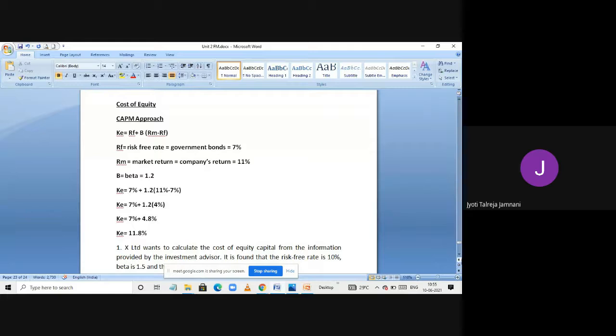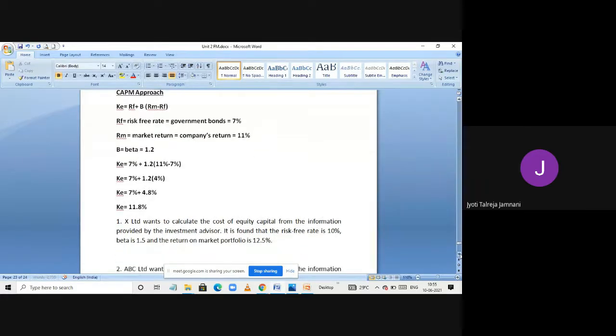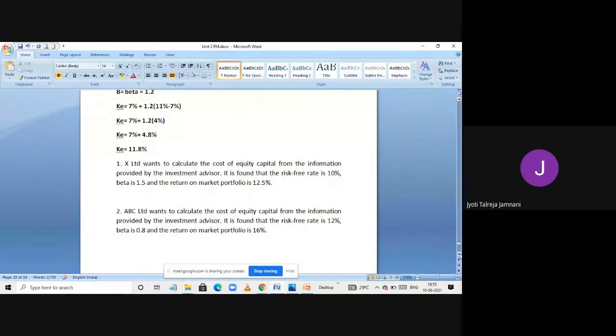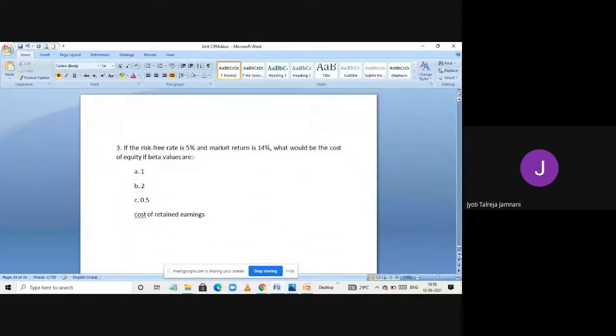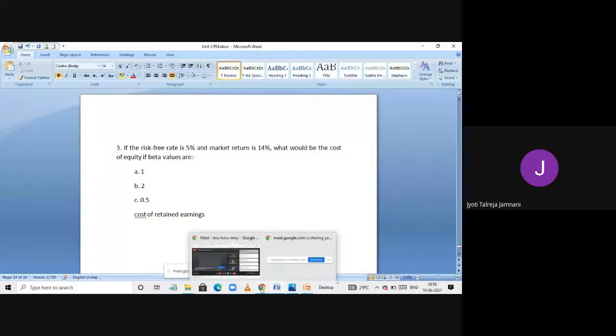Okay, so now it's already time up. In the next class, I think Saturday you have a class, no? Okay, this Saturday I'll take class and I'll finish this cost of equity and cost of retained earnings. One small sum is there. I'll finish that also and start WACC, weighted average cost of capital. From the next week, Rekha ma'am will take the class and she'll continue with WACC, as much as she can do. Any doubts, anybody you can ask, or else you can type your USN numbers and leave the meeting.